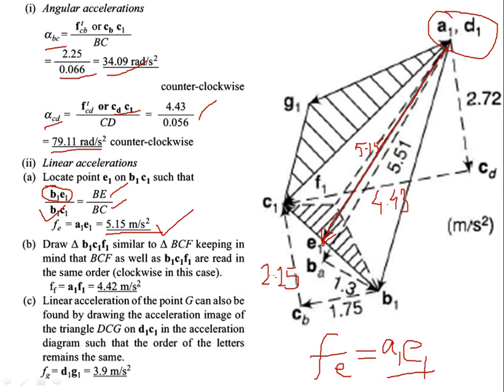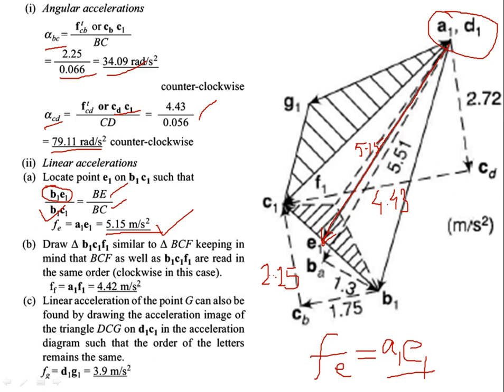So first you mark the point E1 on B1 C1. That distance you take from B1 and measure it on that length, and from there E1 you draw a line from A1 to E1. Okay, then join A1 to E1 and measure it. So this will be around 5.15. Around 5 to 5.5 is okay. Any value from 5 to 5.5 you should get. In that range it should be there.